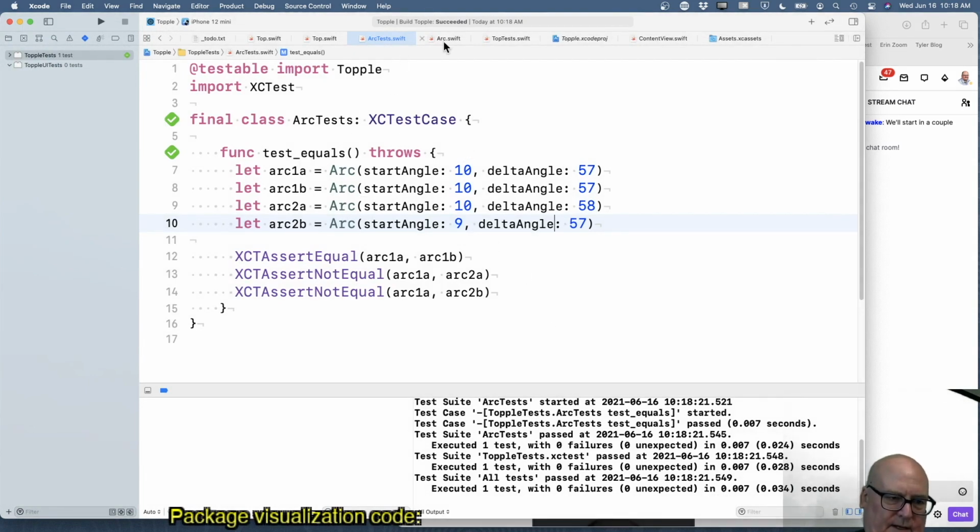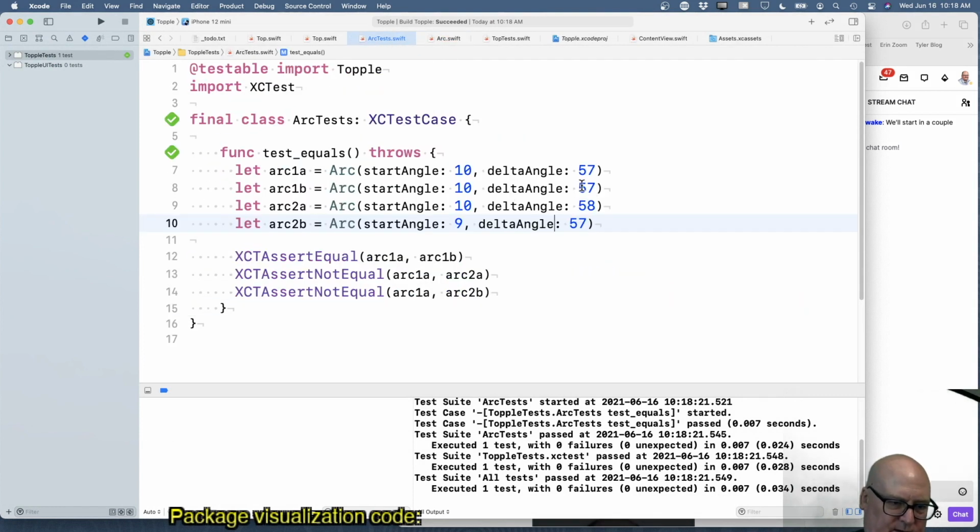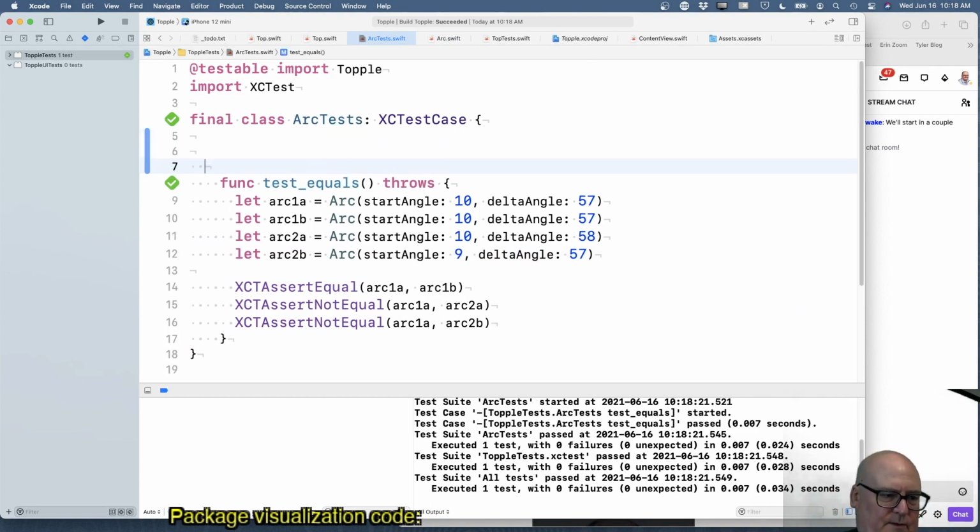Okay, I think that's an improvement. So does it affect our view of the test? Not really. Okay, but I think what we want to do is